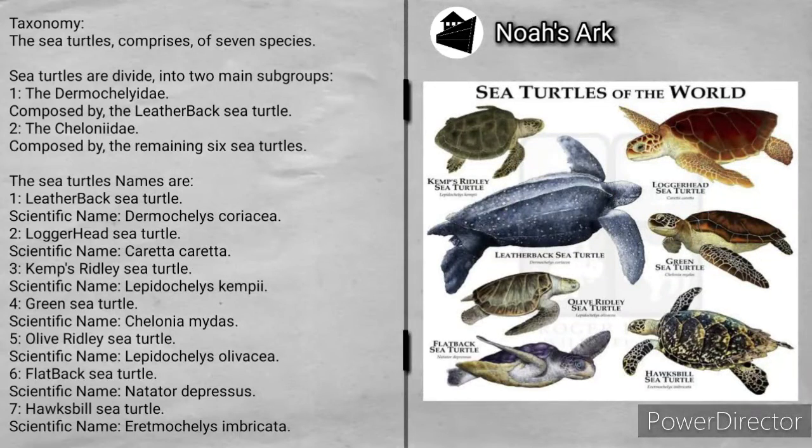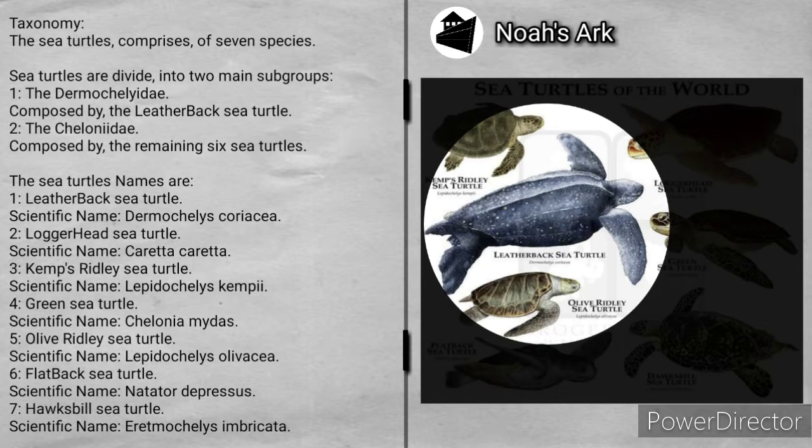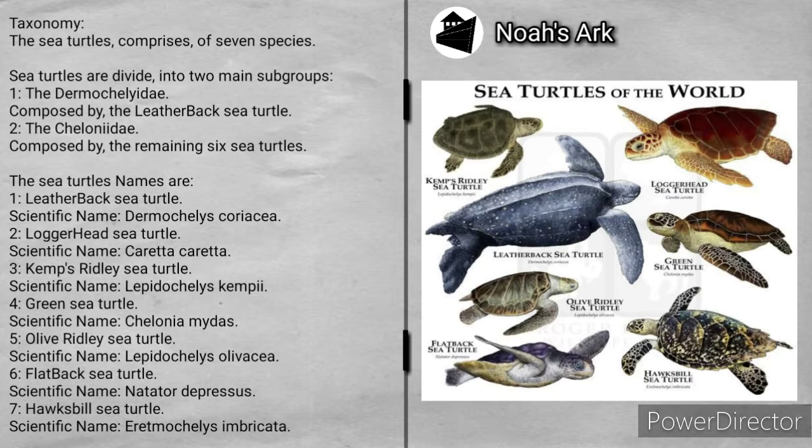Taxonomy. The sea turtles comprise 7 species. Sea turtles are divided into 2 main subgroups. 1. The Dermochelyidae, composed of the Leatherback Sea Turtle. 2. The Cheloniidae, composed of the remaining 6 sea turtles. The sea turtles' names are: